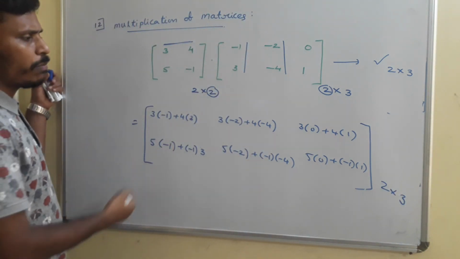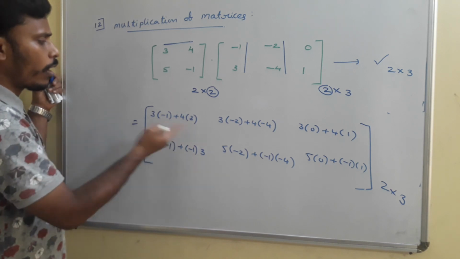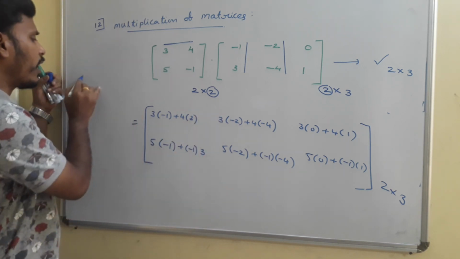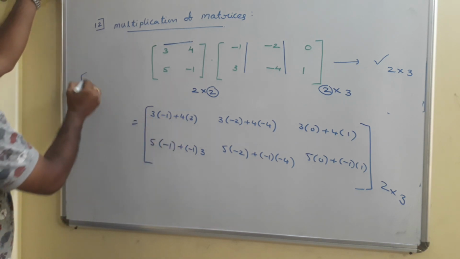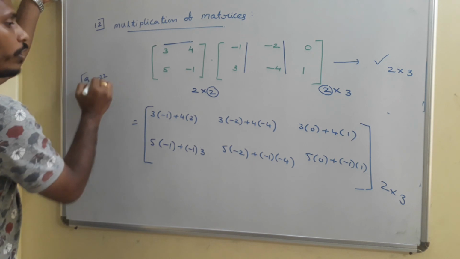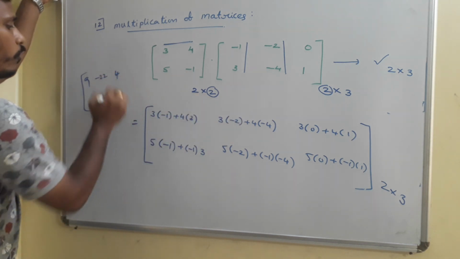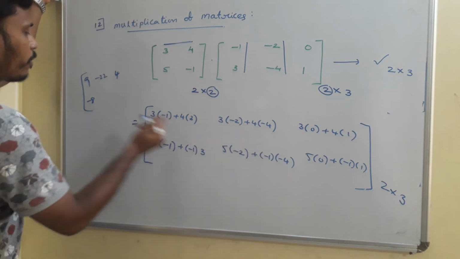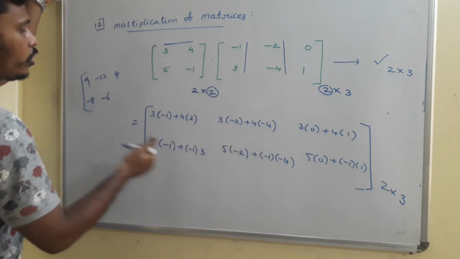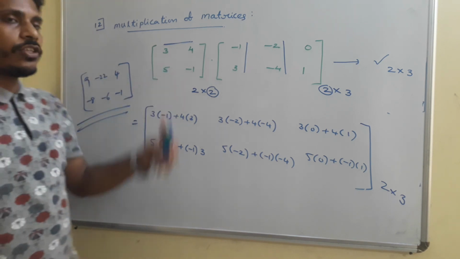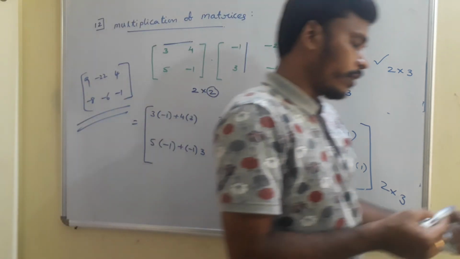And further we need to simplify. The simplification part is simple. 12 minus 3 is what? 9. Like that you need to write. 4 3s is 12, minus 3 is 9, minus 16 and minus 6 maybe minus 22, and 0 plus 4 is 4. And here minus 5 and minus 3 is minus 8, and there minus 10 plus 4 is minus 6, and 0 minus 1 is minus 1, and that's the matrix. The product of these two is that resultant matrix. Just have a look.